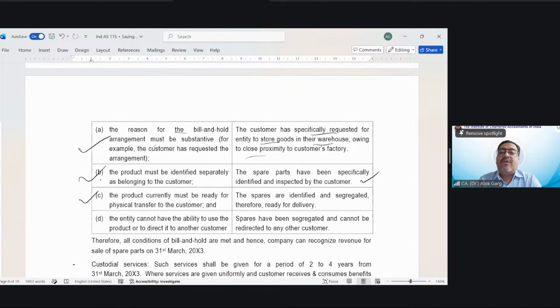Third, the product currently must be ready for physical transfer to the customer. It is already mentioned in the question. The spares are identified and segregated, therefore ready for delivery. Fourth, the entity cannot have the ability to use the product or direct it to another customer. Spares have been segregated and cannot be redirected to another customer. The entity cannot use the spare parts and cannot sell these spare parts to another customer. Therefore, all conditions of bill and hold are met, and hence the company can recognize revenue for sale of spare parts